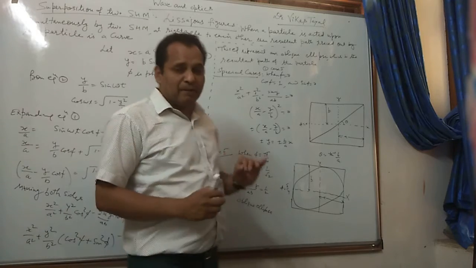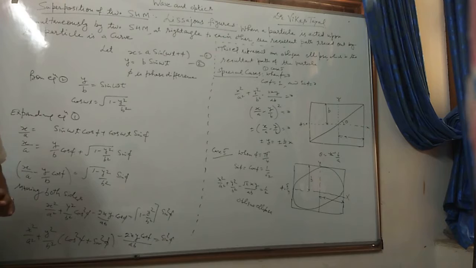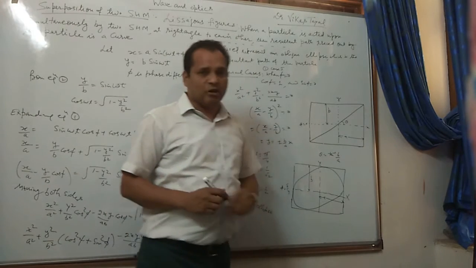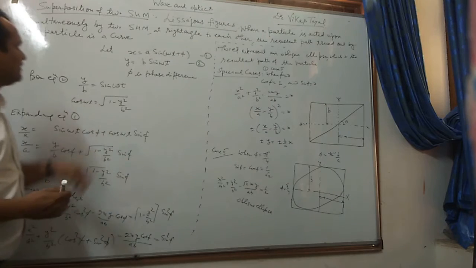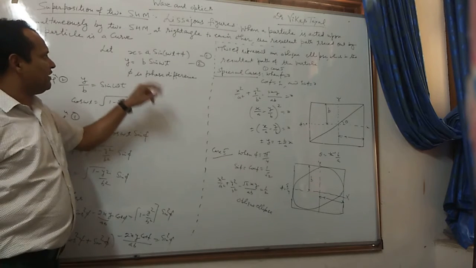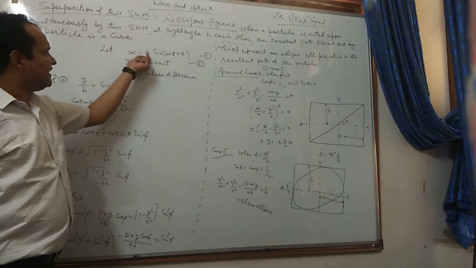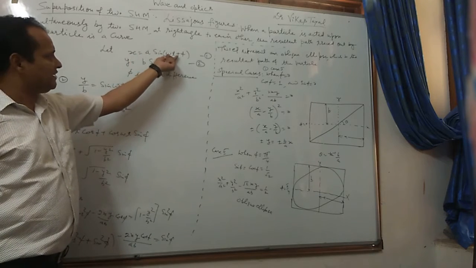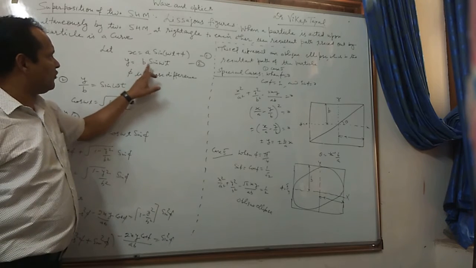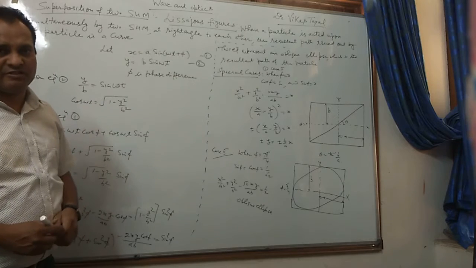A Lissajous figure means that when a particle is acted on simultaneously by two simple harmonic motions at right angles to each other, the resultant path traced out by the particle is a trajectory, known as a curve. For example, we consider two waves: x = a sin(ωt + φ), where a is the amplitude, ω is the frequency, and t is the time. The displacement of the second wave is y = b sin ωt, where φ is the phase difference between these two waves.